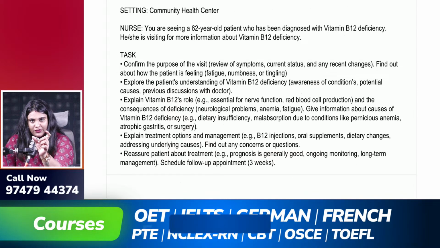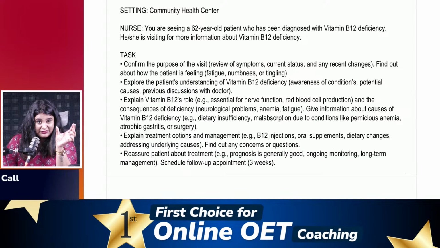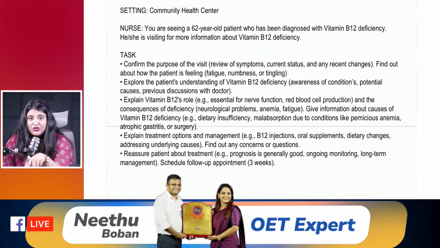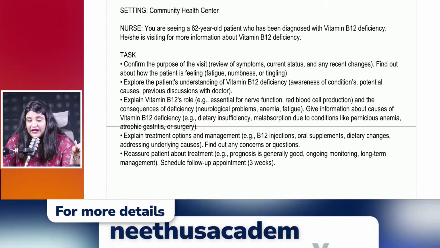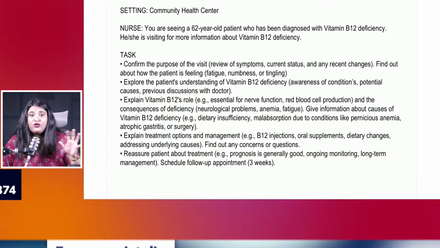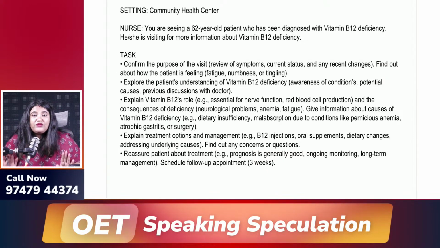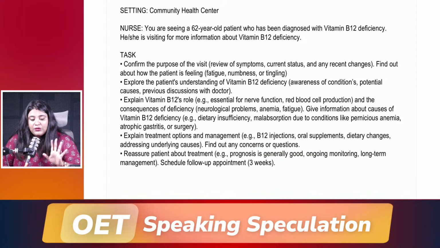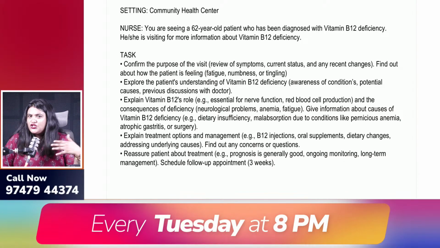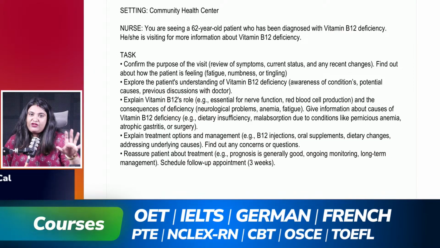connect it. You need to have a connection between the first line, that means your first dialogue, and your second dialogue, which is the one we are going to do right now, asking how the patient is feeling. So there needs to be a connection in between. You can say something like, so before we start, and what are we going to start? The review. Okay, so before we start with the review, I would like to know how you have been feeling. Do you experience any fatigue, numbness, or tingling? That is how we can ask that question.